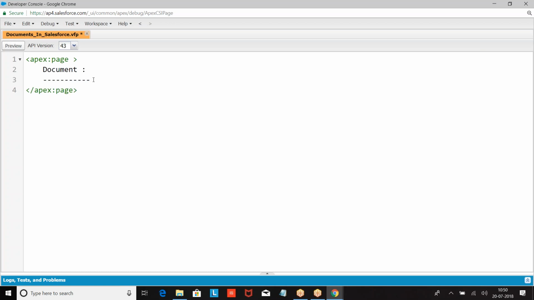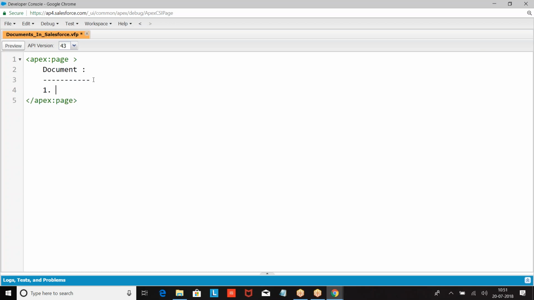So document is a standard object in which we are going to store documents, PDF files, images, any files or images you want to save in Salesforce.